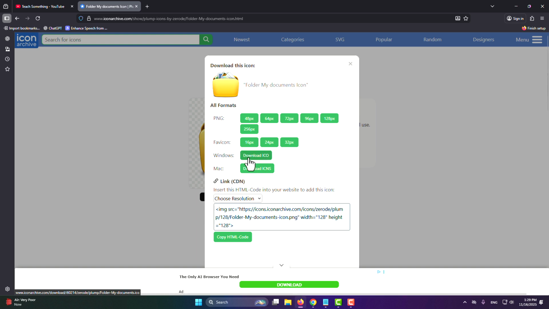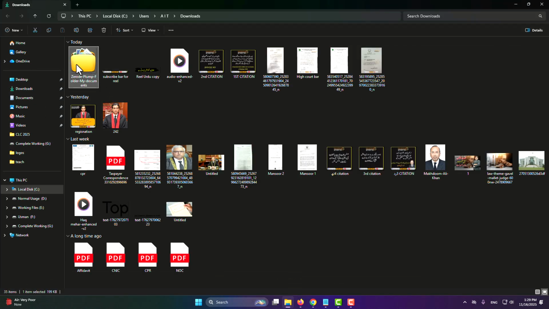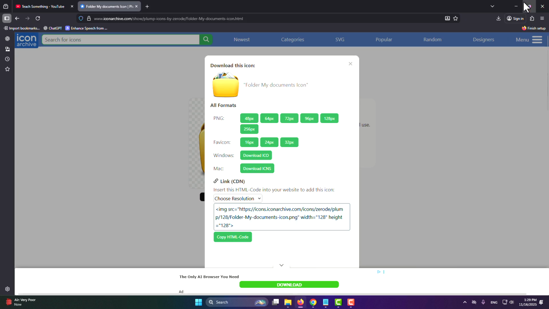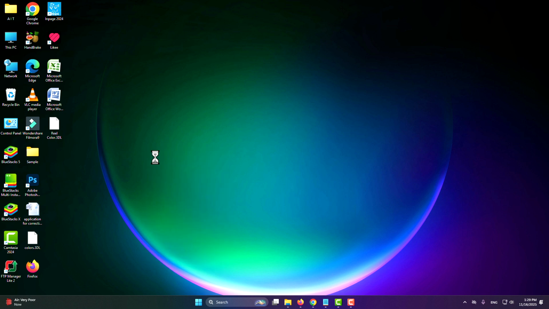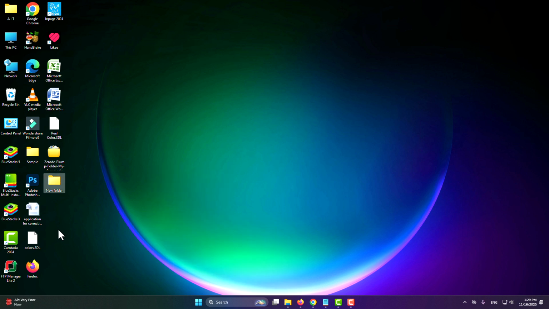Now download the ICO file. Now go to the download folder and paste it in any location. After that, make a new folder. After doing this, set